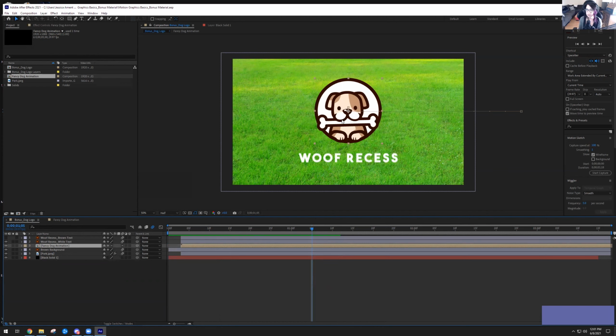Because of the type of the animation that I have on the dog, it required me to pre-composition it so that it could come on properly, but also the animation I'm going to show you that's happening in the dog can still happen naturally as well. That makes sense. So to open that up and see what's going on here in the fancy dog animation